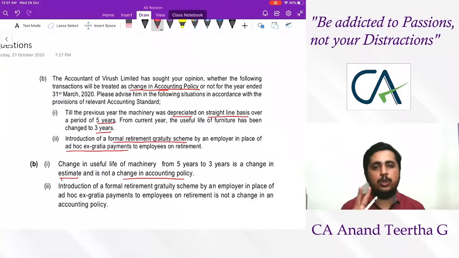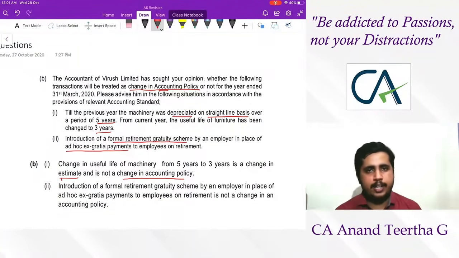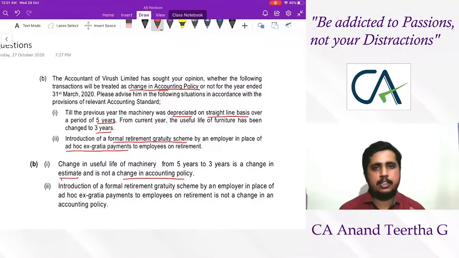For example, they say 2 stock sheets were missed in the last year's financial statement. It's a prior period item. A fire arose, it's an extraordinary item. So those things will be done on a direct basis. You have to just see under which of the 5 points it is supposed to come. So with that, we finished the second discussion also in connection with AS5, which talks about net profit or loss for the period.